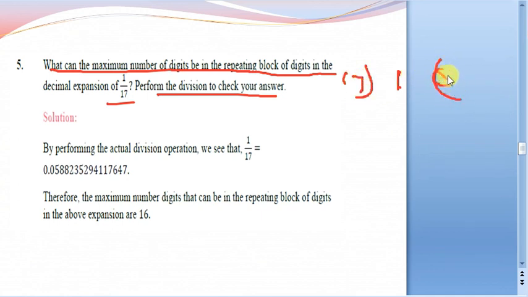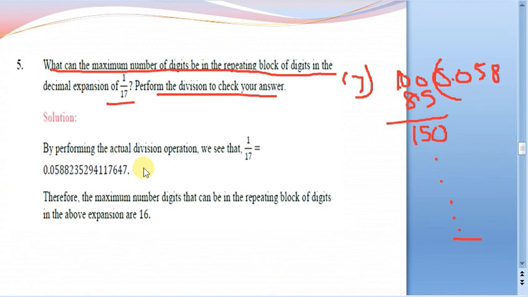It is 0 point, so you take 0 here. Again it won't go, again we'll take one more 0 here, so it will be 17 into 5, it will be 85. So 85 you write it here, and the remainder is going to be 15. Just you take a 0 now, 150 it will be. So 8s are, so already we wrote 5 here, 8s are. So like that, just you keep on doing the division. Now you will see that after 16 places, the block of these digits is going to be repeated like this.